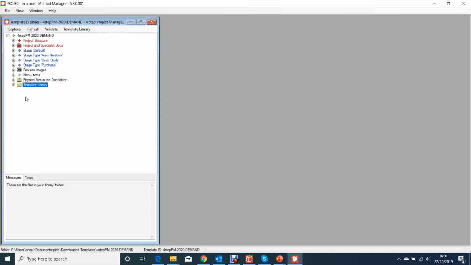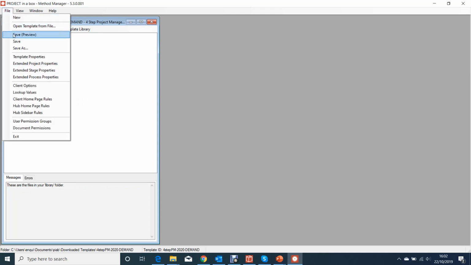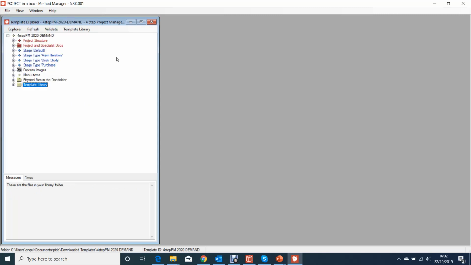The majority of what you think of as the method is managed from this tree here, and then there's an assorted set of files and forms which fill out other aspects of it. So this method is a 4-step project management method with a gate at the front with an idea process. And when we looked at it in the main application, we saw that sort of purple idea process at the front, the demand management process, and if you pass that gate, you are then able to access the rest of the project. So if we open this tree up gradually, we'll see at the top, project structure, we've got the